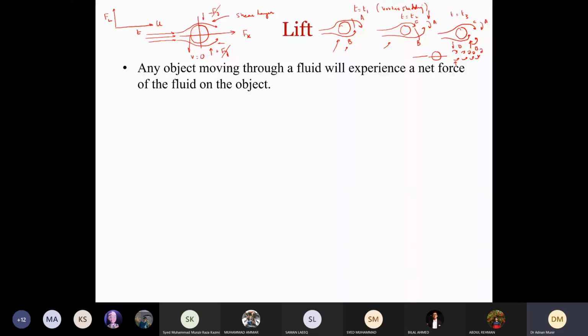That means if vortex A is shed, we can represent it by a force like this. When vortex B is shed, a force like this. When vortex C is shed, like this, like this. So because the timing is different, when we plot this force versus time, we will have periodic variation of lift force like this. This is for the bottom vortex, this is for the top vortex, bottom, top, and so on, right?